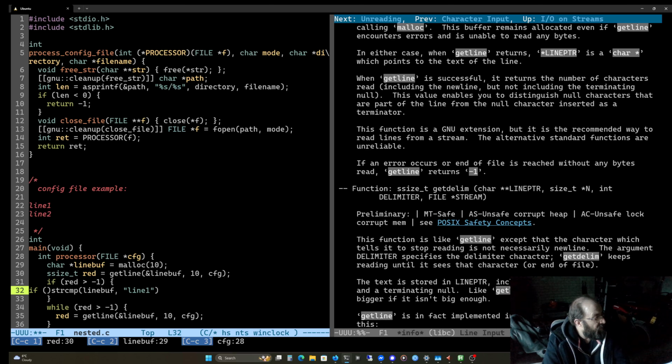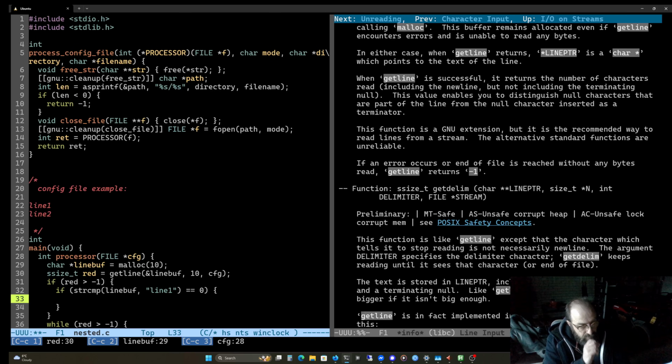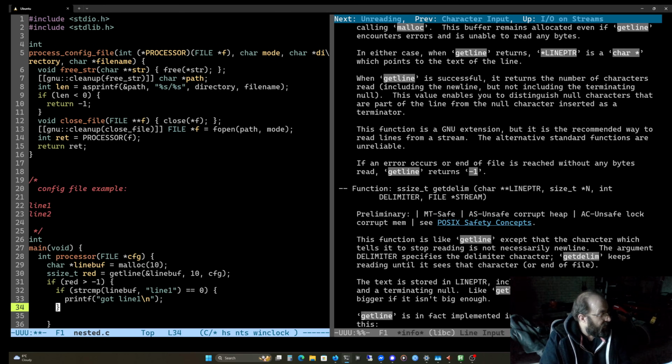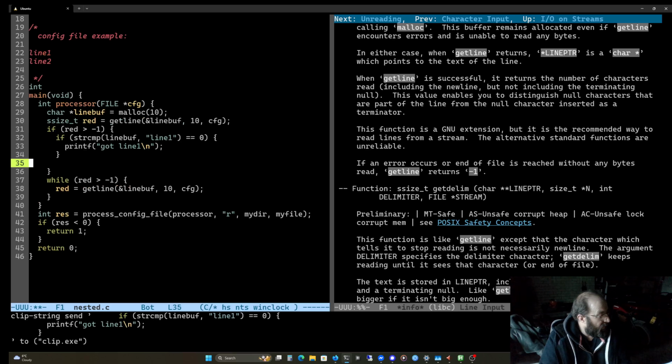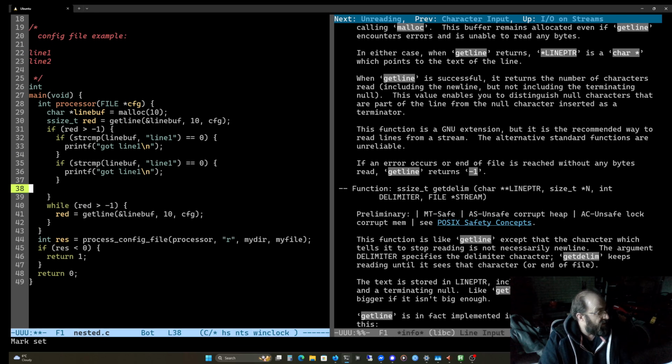So if equals 0, then printf got line 1. Okay, we'll reorder these in some test data. Okay, we'll just do 2 lines for now.